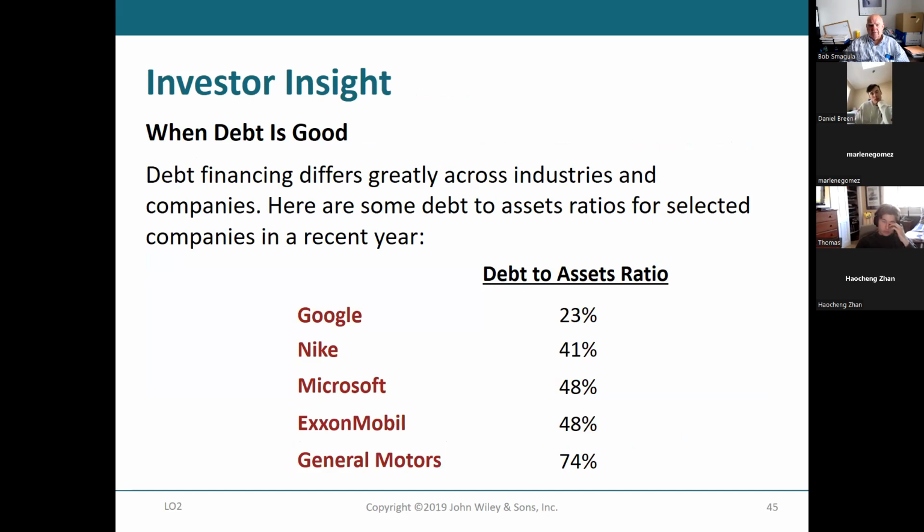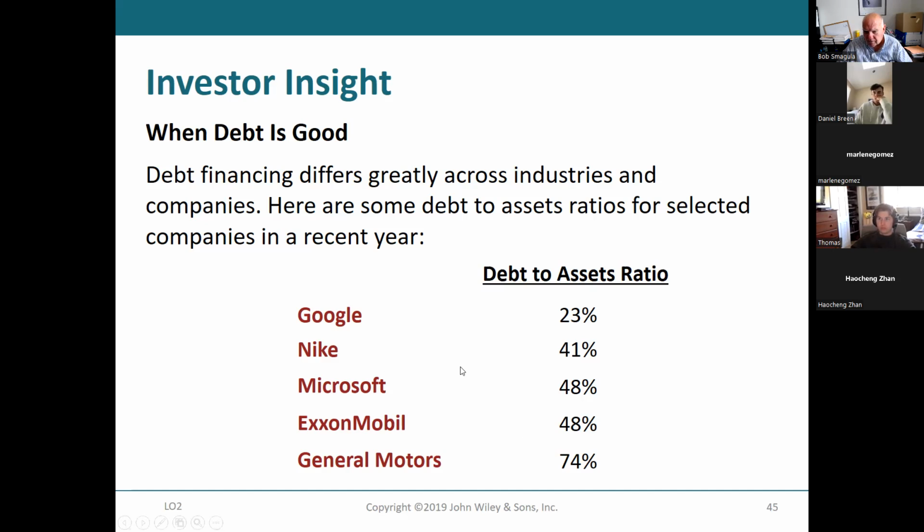And this, I think, is a little bit interesting. Debt financing differs greatly across industries. Here are some debt to asset ratios for selected companies in a given year. Google, they don't seem to have that much in debt to asset ratio. But when you get into more industrialized companies like Exxon, General Motors,